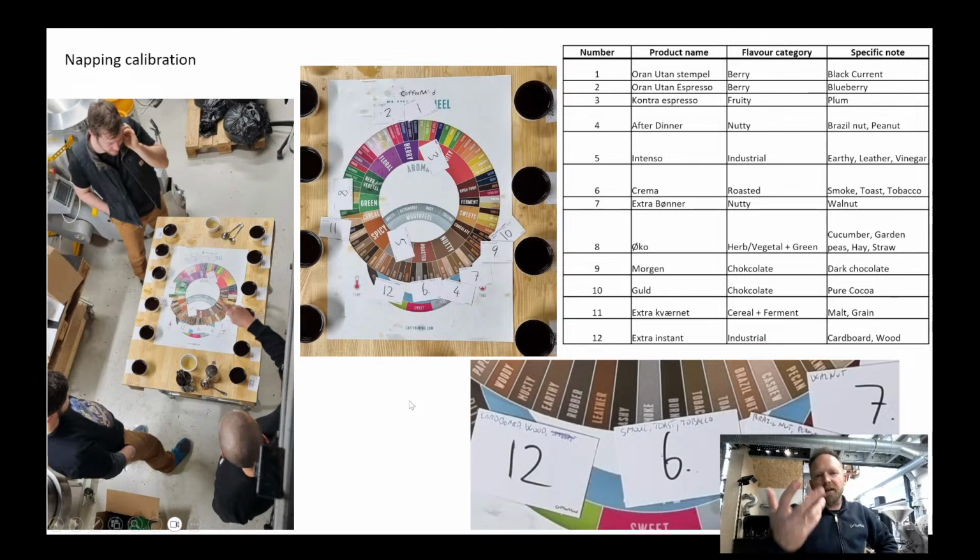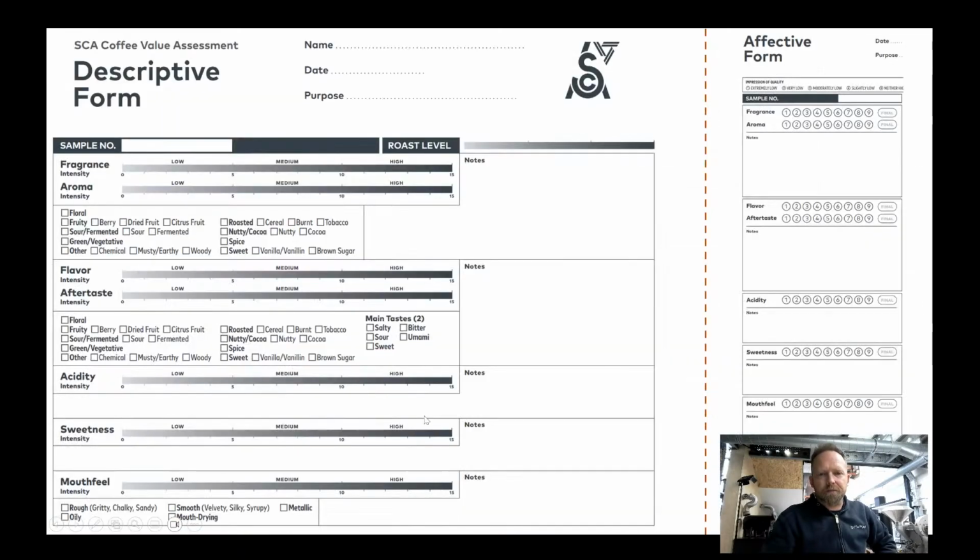And sometimes if you find a flavor that's not on the flavor wheel, then you can put it on anyway, but it's typically a good reference. So let's look at the new SCA cupping form, because I think many people are concerned about this or trying to figure out what this is, and they claim it's scientific. So let's see about that.